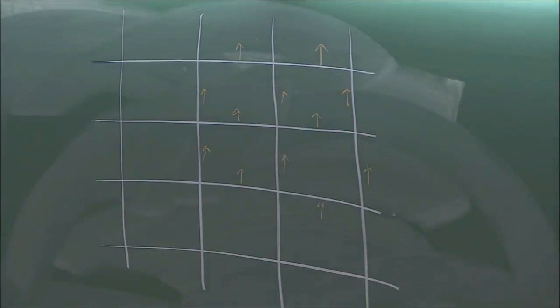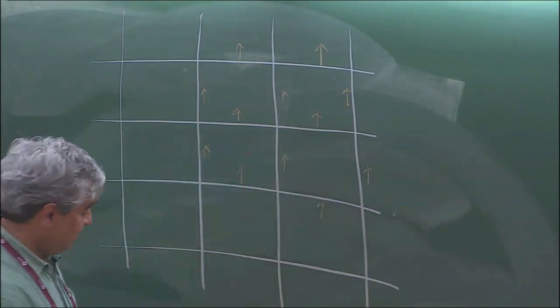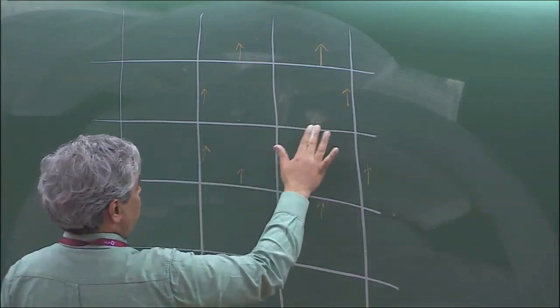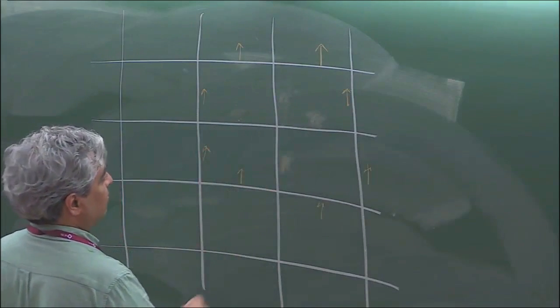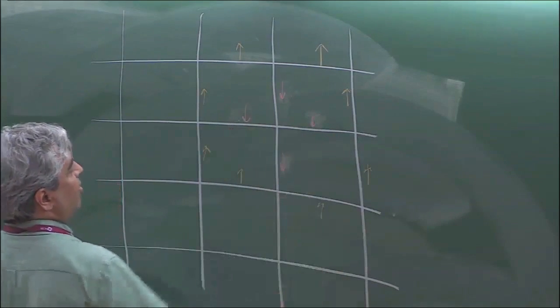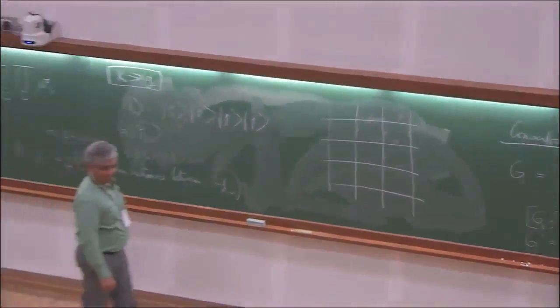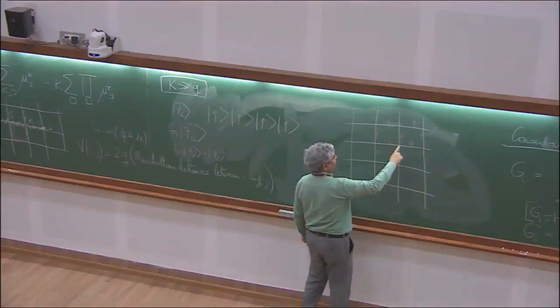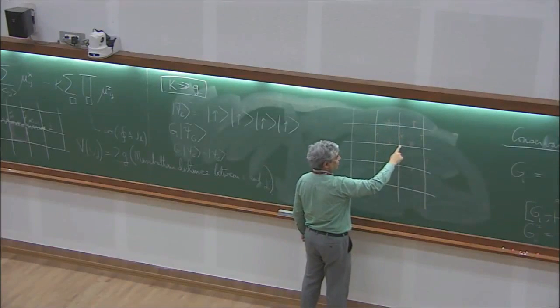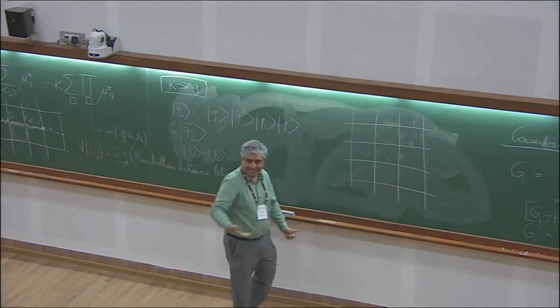Okay. Then I come in, let's say on this site, and I hit Gi. So what Gi does is flips the spin on 4 sites. Okay. So these will go down. These will go down. Okay. And now this state actually is also a perfectly good state. If I take the product of sigma z around any plaquette, it's still +1. 1, 1, -1, -1. It's +1 everywhere. So this has the same energy. Okay?